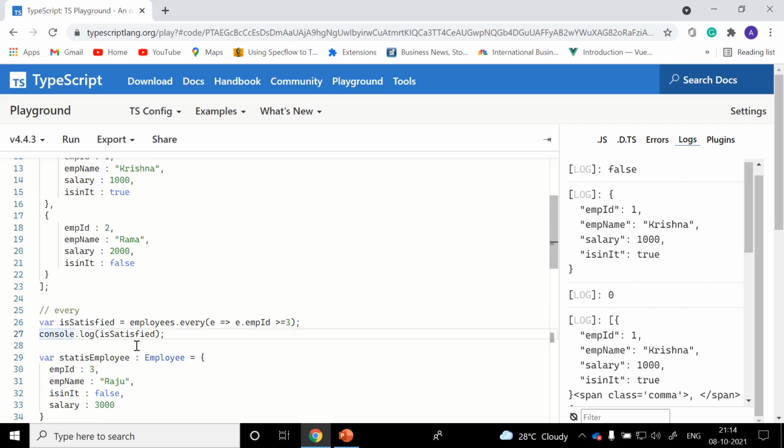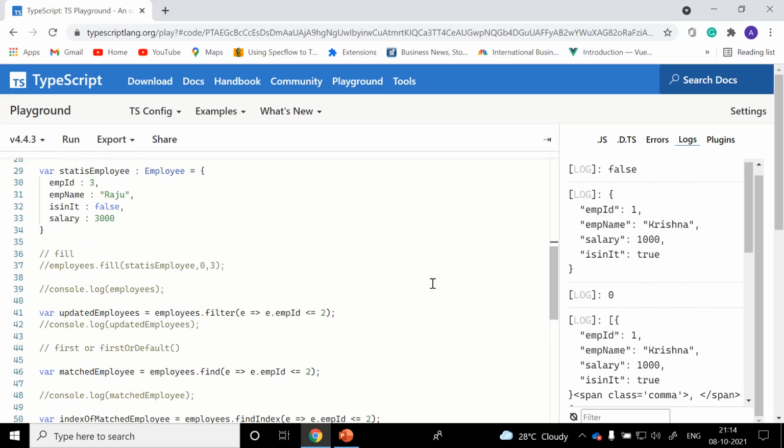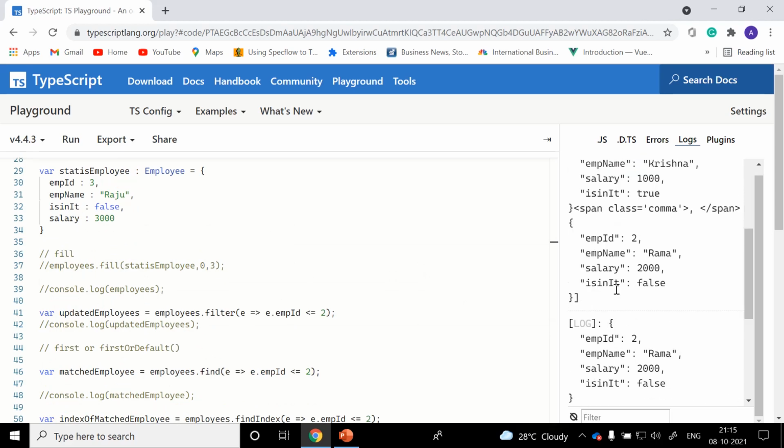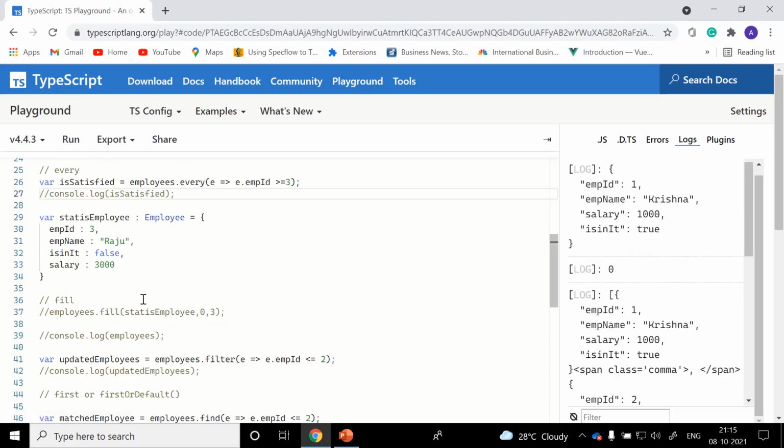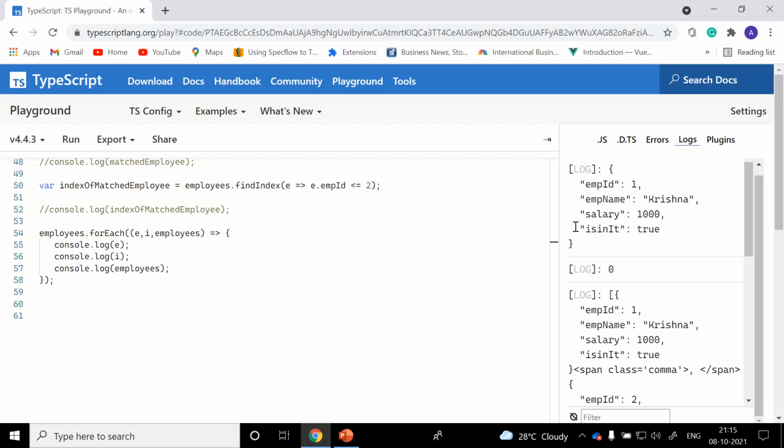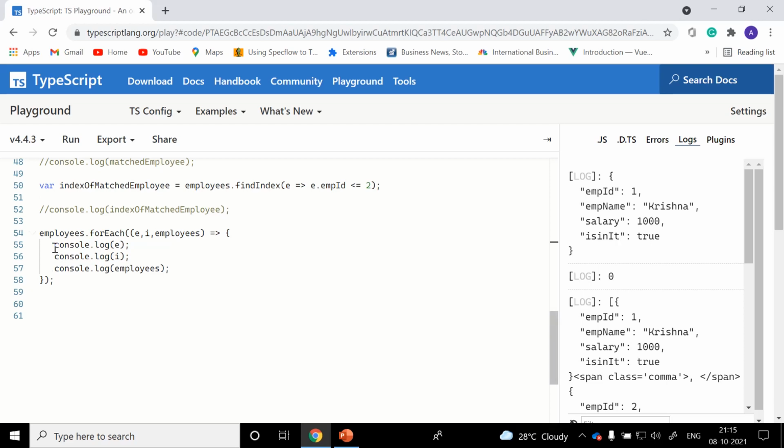Okay, let me just comment this as well. It will confuse us with false values. Let me clear this console again. Run it back. Okay, now we will clearly verify with our console.logs.